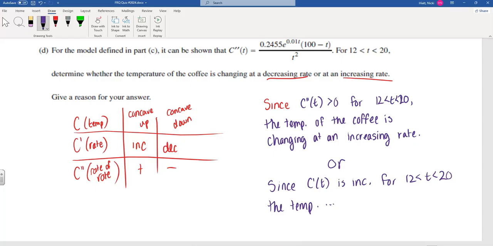Is that the answer that was on the key? So, I feel like